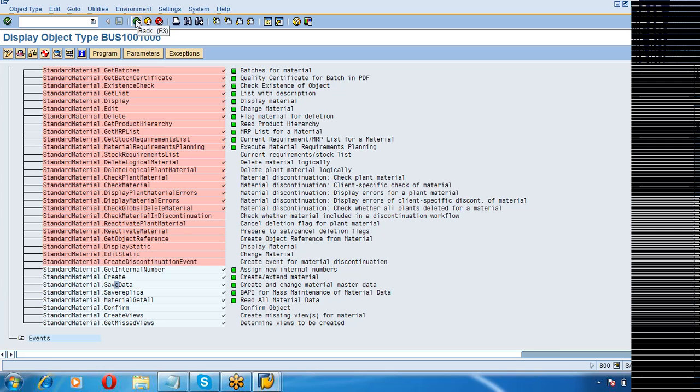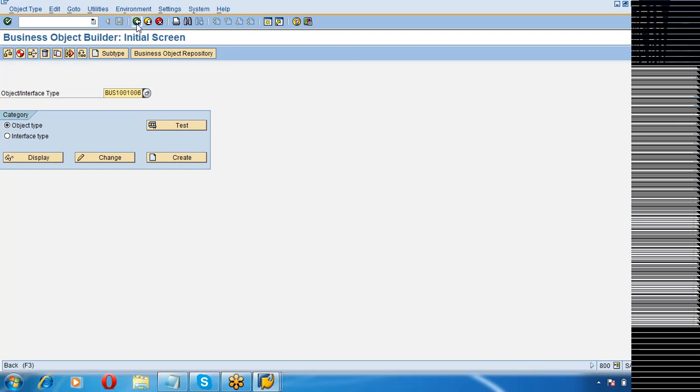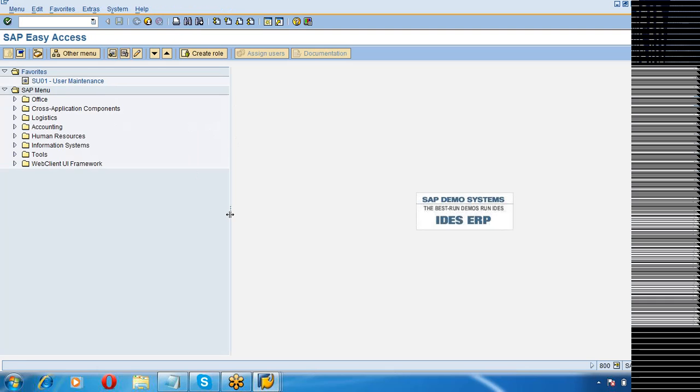So when an external application is accessing the business object, the BAPI is just a method for that business object. It will call this method and pass the parameters for the method. Internally inside the SAP system, it will actually be a function module that is running. So this is designed in this way.